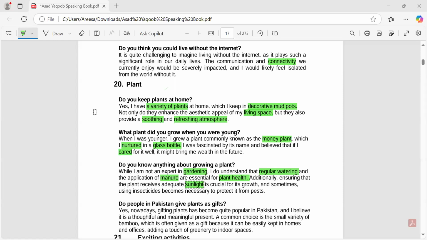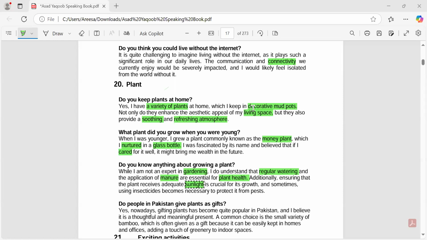So, we now have different ideas. One idea is the one you mentioned, that we can talk about the plants we have in our home, like decorative plants, right? Yes, the same idea is mentioned, but they use better word choices. Another thing we got is the word we use for growing plants: mud pots.